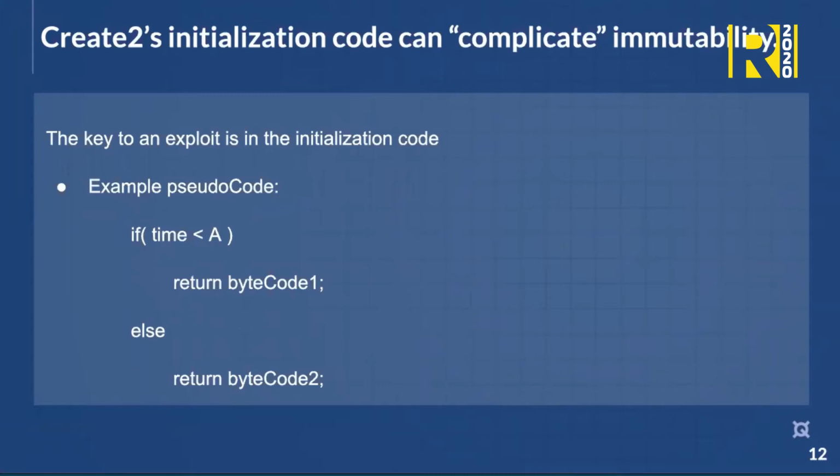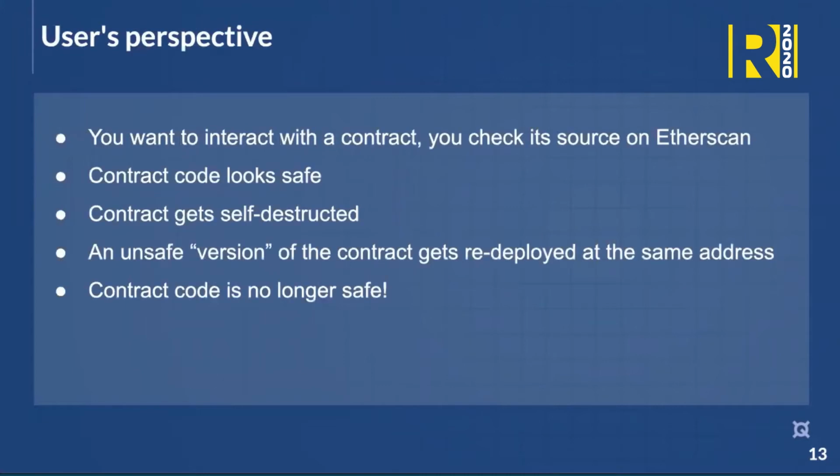Yeah, so from the user's perspective, what we typically do when we want to interact with a contract is check the source on Etherscan, right? The more cautious ones check the source and look at the contract code, and it looks safe, it's verified. But this is not safe anymore, because before, when you looked at the code, you'd see this is not upgradable,